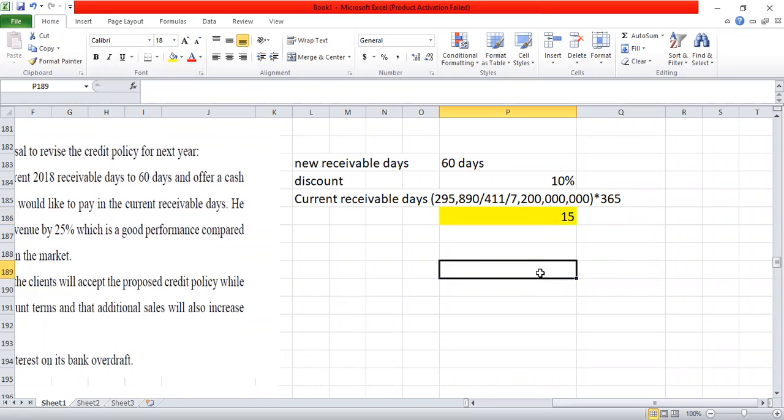So it means that 10% of the customers who are going to take a discount will pay in 15 days. Those who are not going to take a discount will pay in 60 days. That's what it means in this question. Okay,